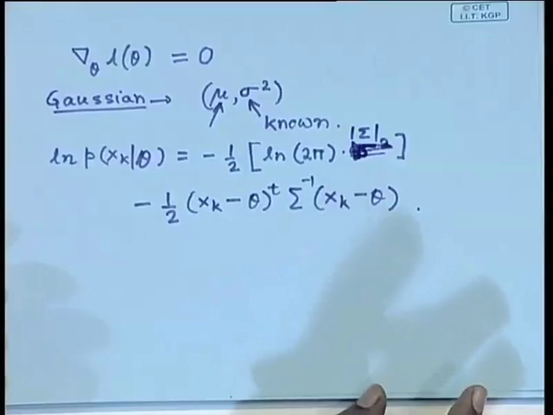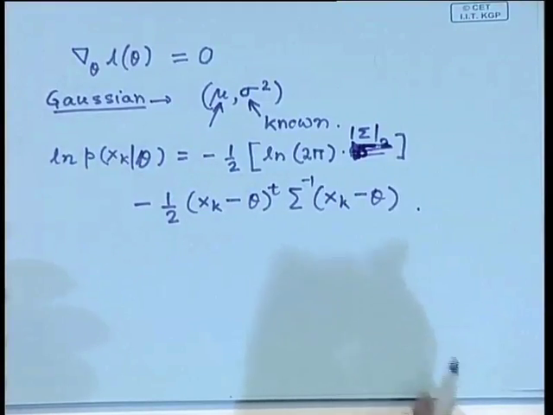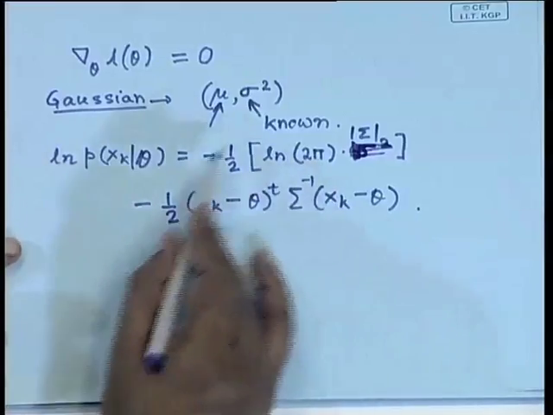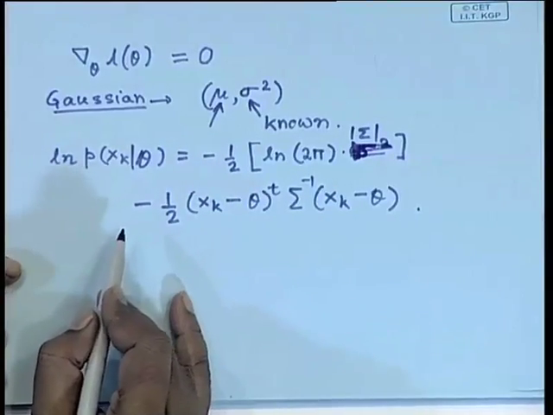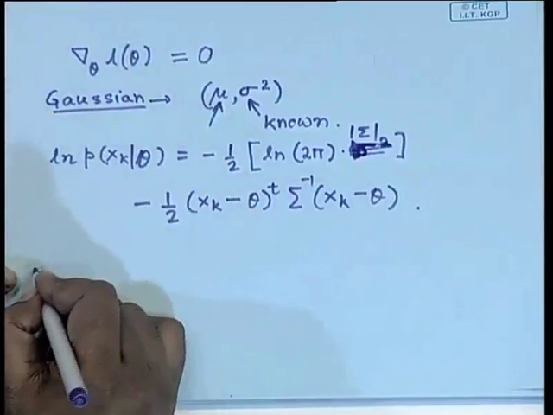So, this is my logarithm of the probability density function, right. So, what I want to do is differentiate this with respect to theta, and in our case theta is equal to mu, right. So, if I take